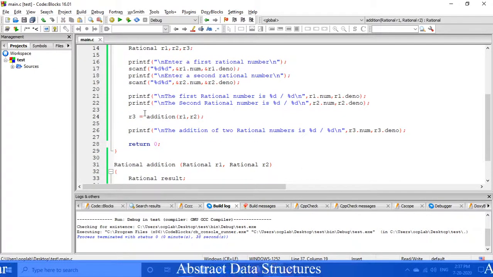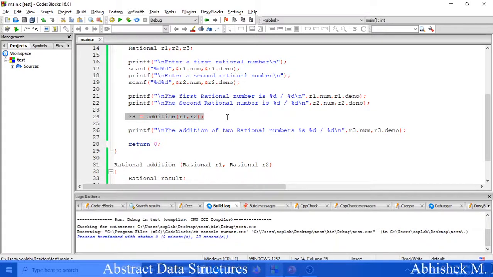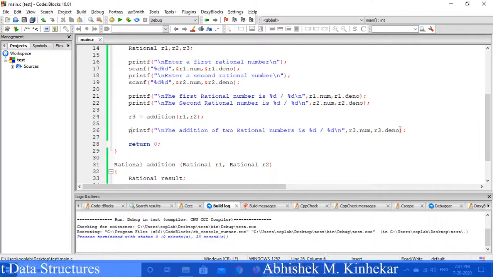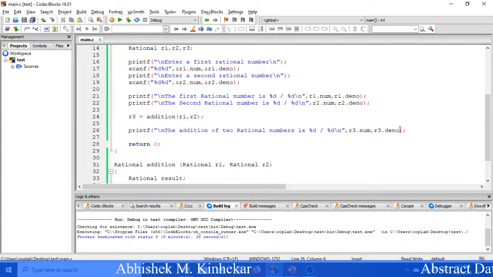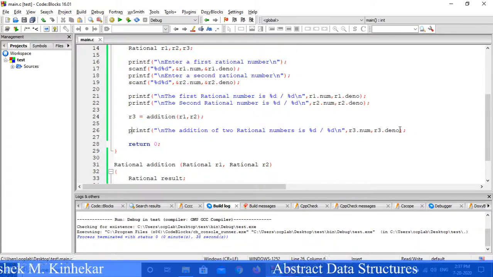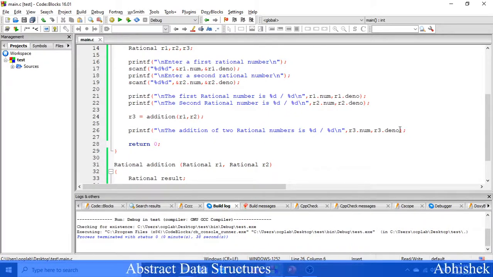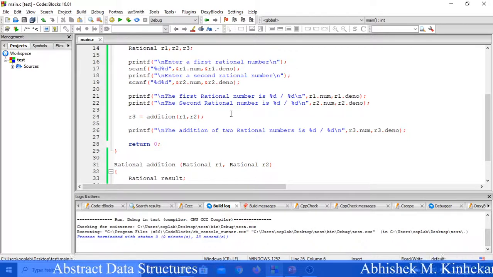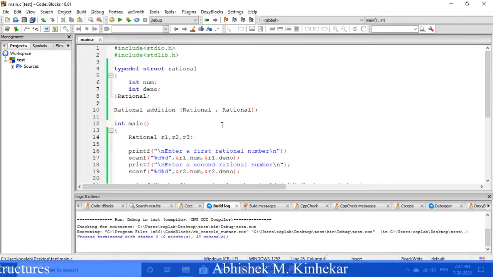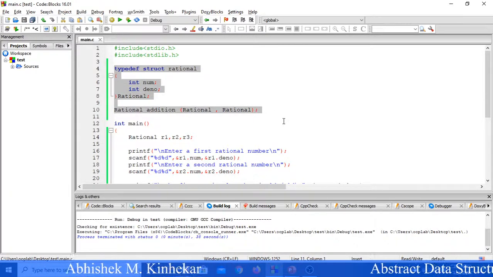Whatever result I have returned, I have called that in this line number 24, and I have simply printed its numerator and denominator. So far so good. So this thing can be done. Even for printing, you can give another method, correct? Of course, I am going to give you that as an assignment after this video. But so far, the ADT, which is called a collection of data or an encapsulation of data and operation, can be explained over here: this is an encapsulation of your data and operation.